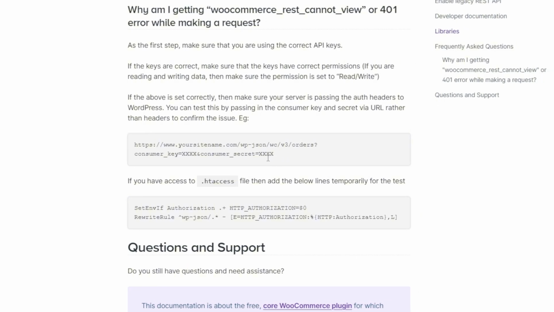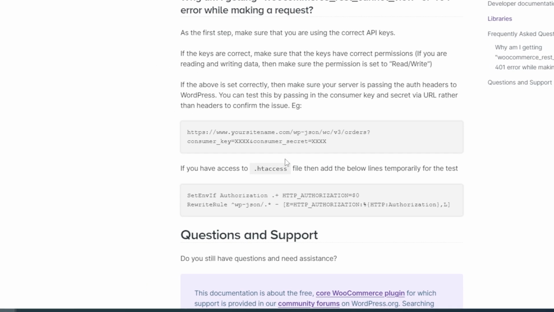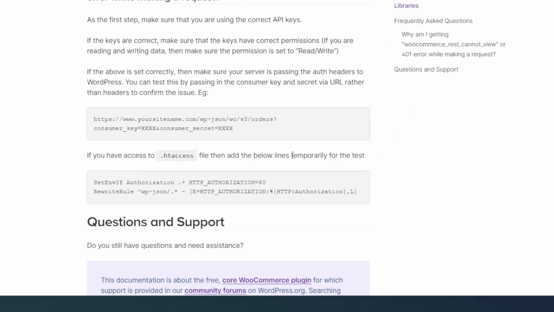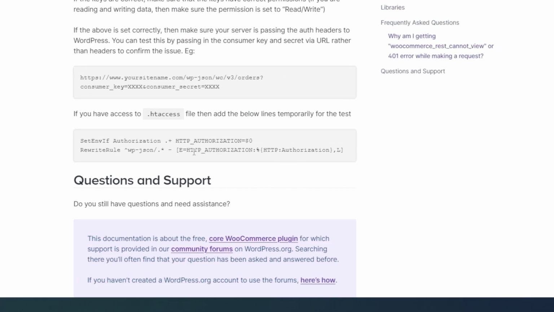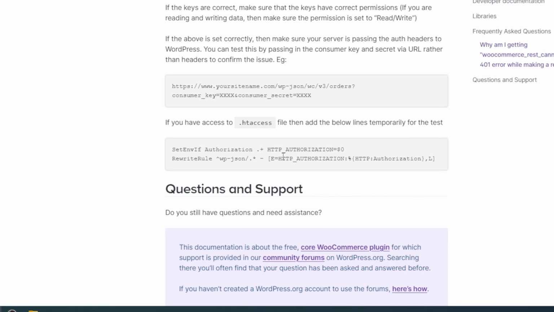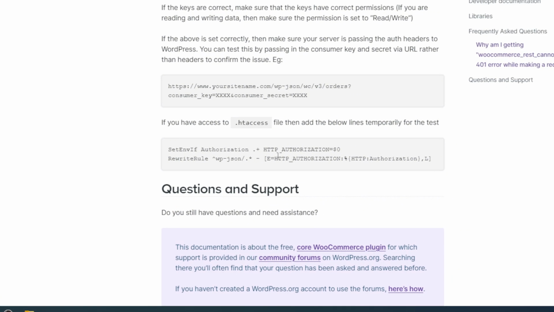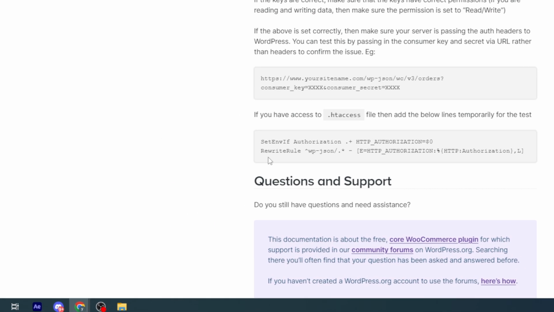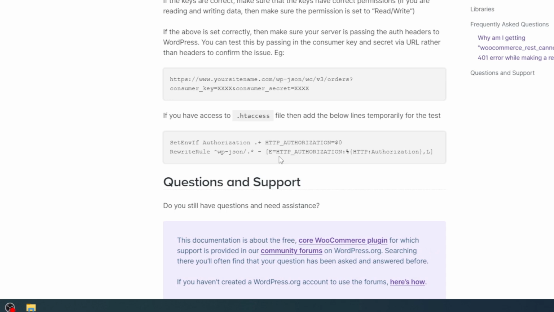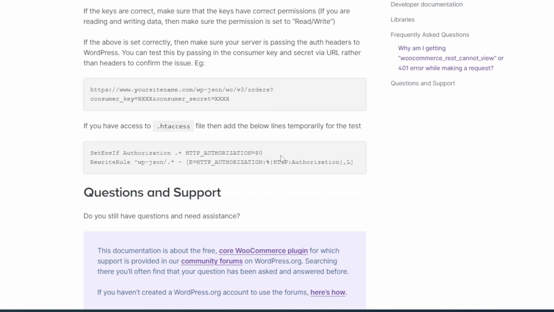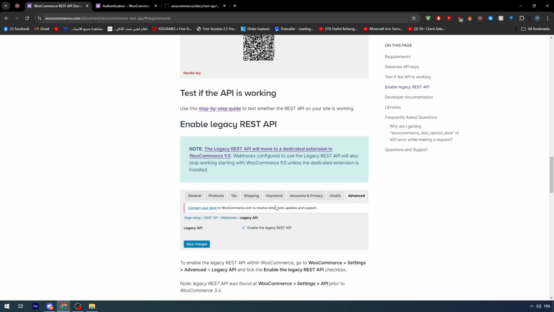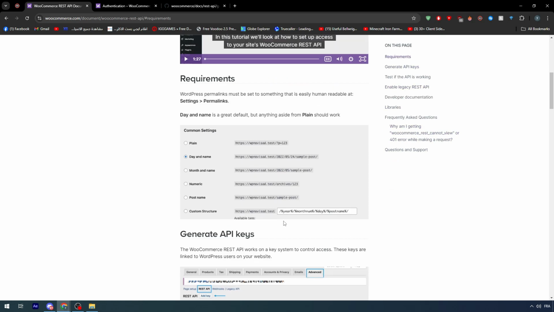If you have access to the .htaccess file, then add the below lines temporarily for the test. SetEnvIf Authorization point plus HTTP Authorization equals $0, and a RewriteRule wp-json equals HTTP Authorization, HTTP Authorization. So these are the main things that you need to care about for you to get the API key